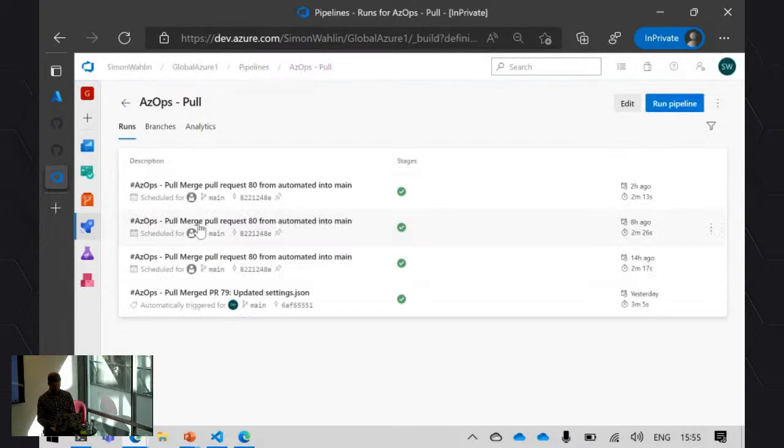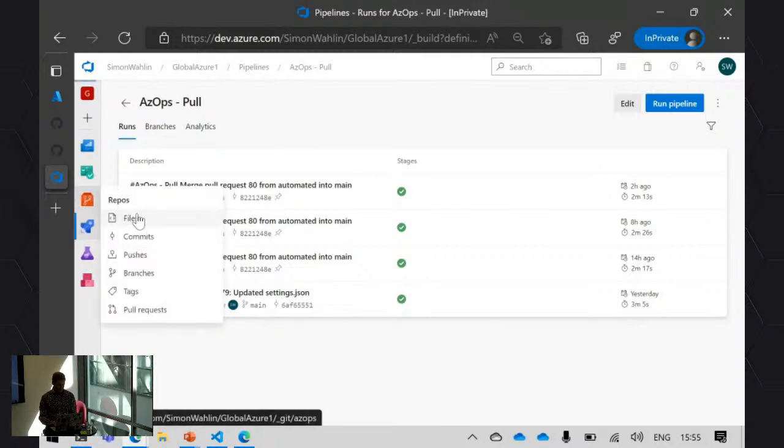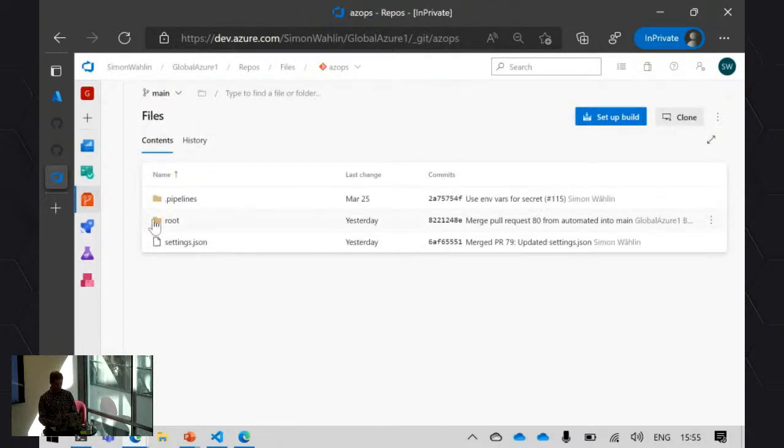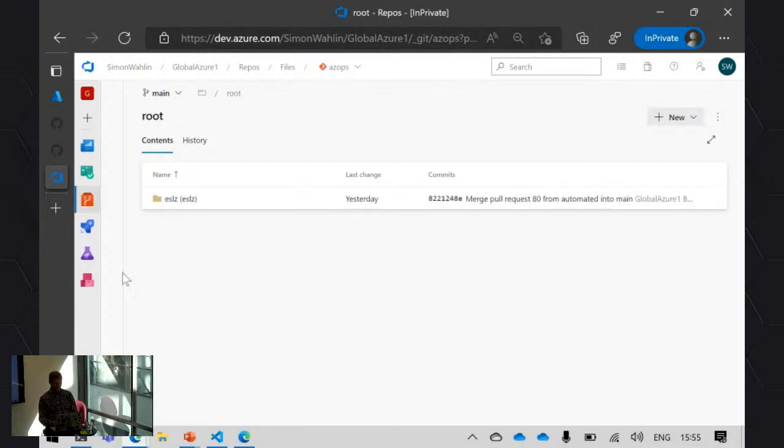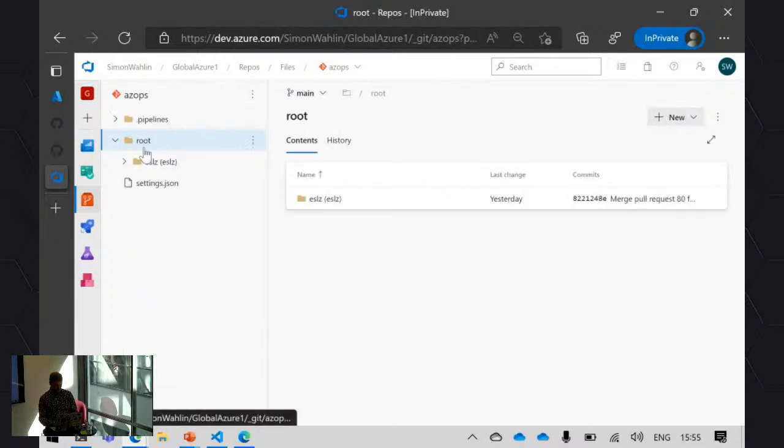In this case, we have been running a few pull. You can see I ran one yesterday. I have one 14 hours ago, 8 hours ago, and 2 hours ago. And apparently I have a failed push, which I don't know why it is, but this is how the repository looks. So we can see we now have the root folder, and we have our enterprise scale landing zone,